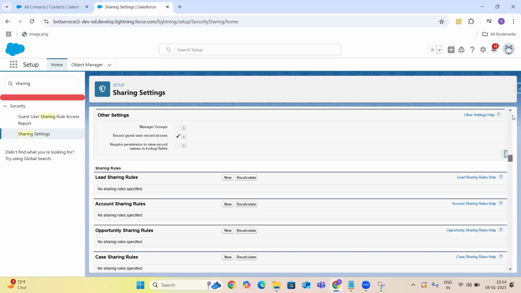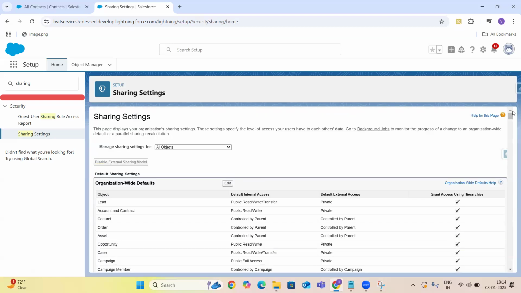Just compare this with profiles and permission sets. In the profiles, we can provide some permissions, right? And if we want to extend those permissions, we set up permission sets, right? The same way, org-wide default is the one where we provide default sharing access.